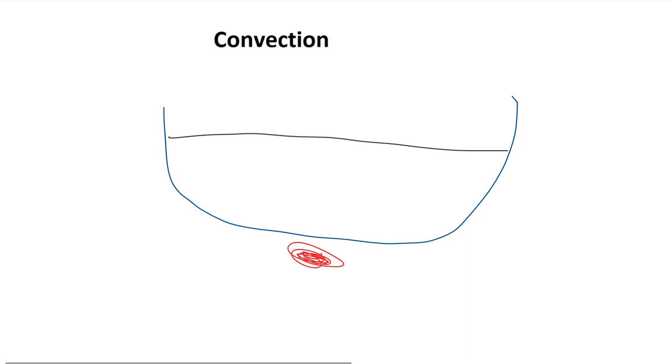This causes an increase in the average kinetic energy of the particles near the bottom of the water. As these particles now have a greater average speed, they now have enough energy to rise in the liquid. In other words, there is an overall movement of more energetic particles upwards and less energetic particles downwards. These less energetic particles are now closer to the heat source, and now they also increase their average kinetic energy. While the heat source is still present, this heat transfer process continues until overall the liquid is at the same